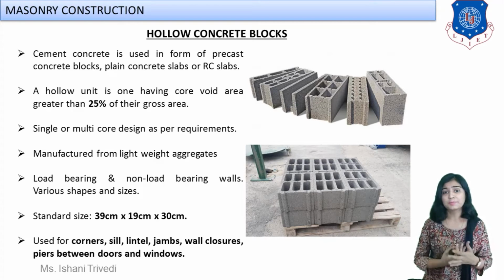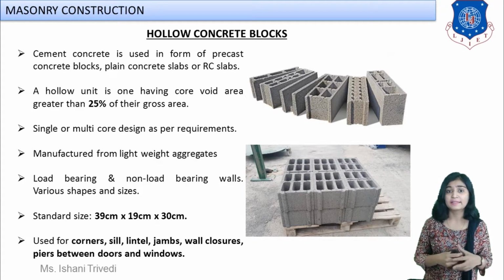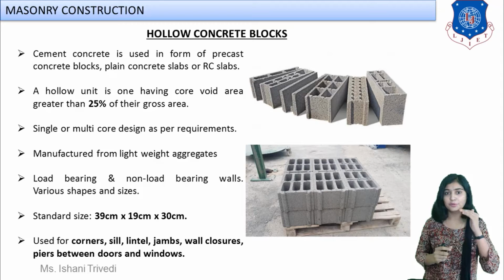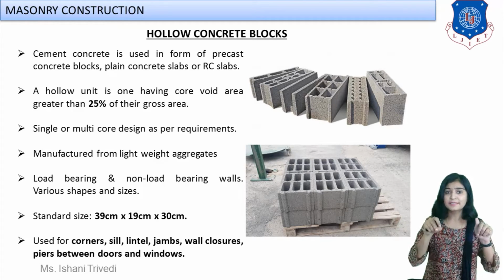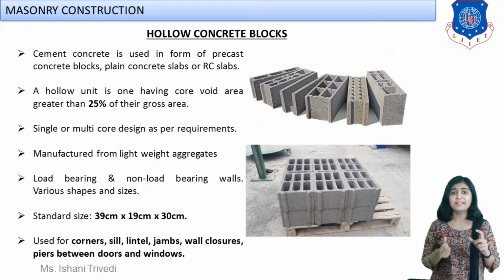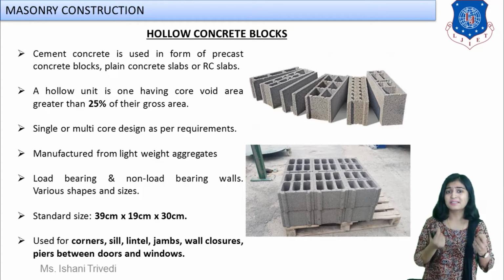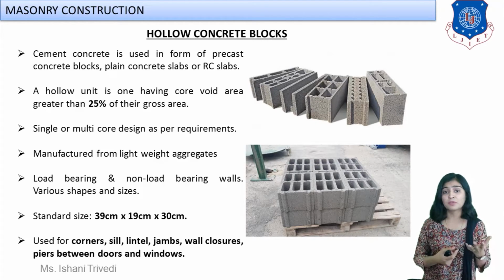Now why do you need to prepare this type of block and where will you use it? Hollow concrete blocks are used at the lintels and at the jambs of the door. If you want to fix a lintel across the opening of a window or door, this is used generally at the corners. Because of fixing the lintel in this type of block, you will have more strength and durability, and more load bearing power will be achieved because it is a concrete material. So all the benefits of concrete will be gained over here.